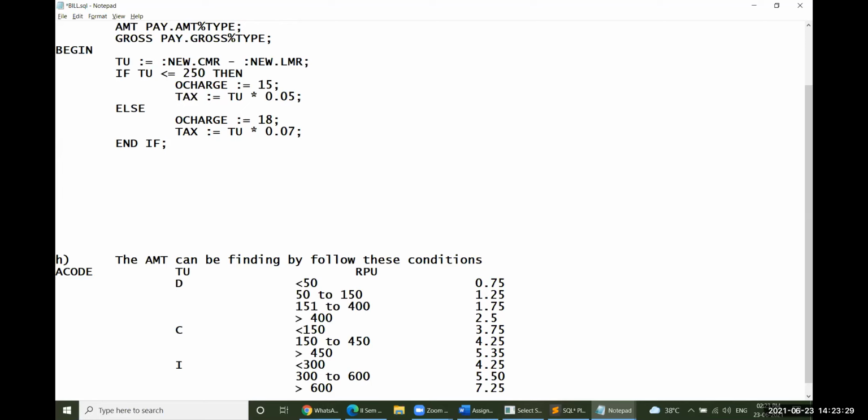So now we would like to concentrate on the area code. Here it is, area code. This area code is domestic. If new.ACODE, sorry, new.ACODE is either capital D, small d, or capital D, so if these two things are there,